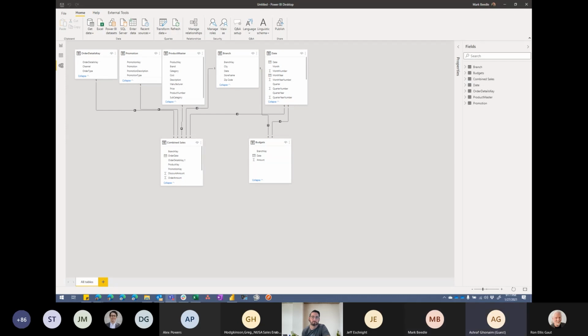Yep. Am I missing something here? Nope. I think referencing a master table works, as opposed to duplicating the combined sales and then removing the Franken aspects of it. I think having a master table that all the dimensions reference, and the sales fact as well, should work, yeah. Makes sense.